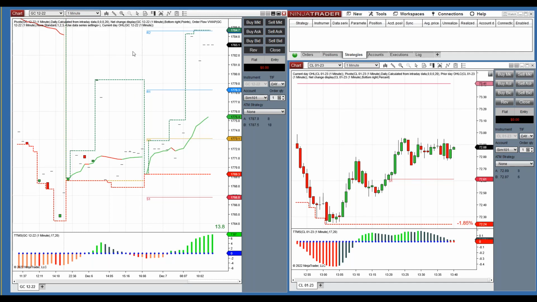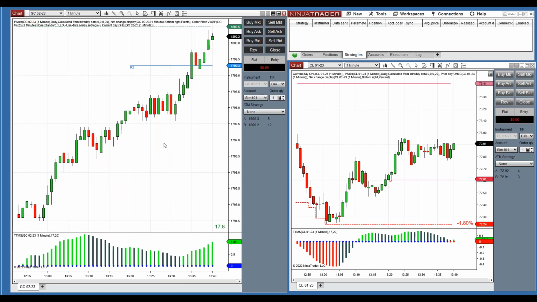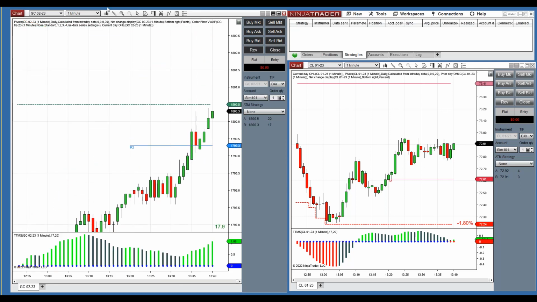So if you ever pull up a chart that looks like this, then you know you're on the wrong contract. So for gold, the next contract is 02/23, and it's then going to give you a normal chart. But it is the correct contract if you're going to test that trade on that date. Then you're going to need that date to test that particular event.